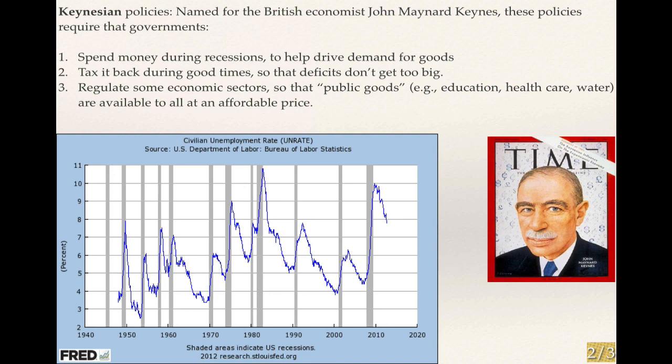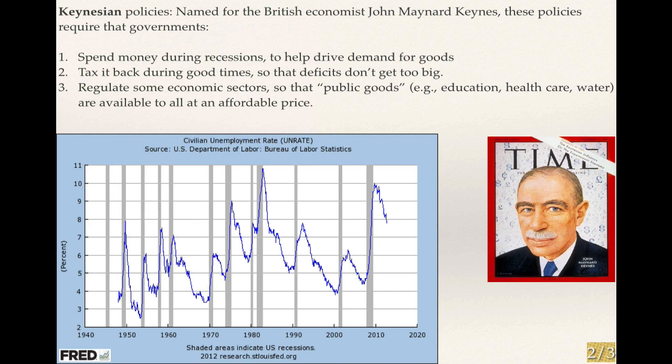Accompanying Fordism was Keynesianism, the policies named for the British economist John Maynard Keynes. Keynesianism was at the time the opposite of many economic orthodoxies of what are referred to as classical economics. The key innovation that Keynes brought to the table was that during a depression, when things aren't going well, you want to, as they say, prime the pump, putting money in people's hands and driving up demand precisely because the free market isn't doing that by itself.